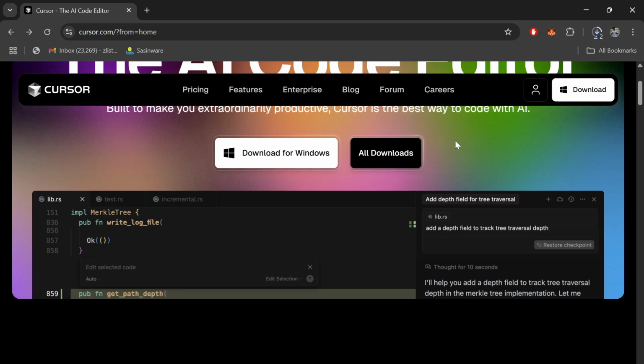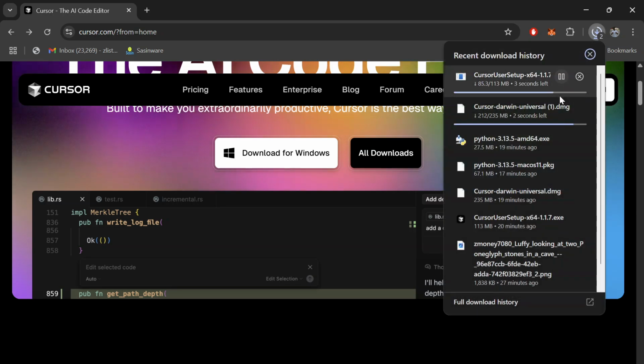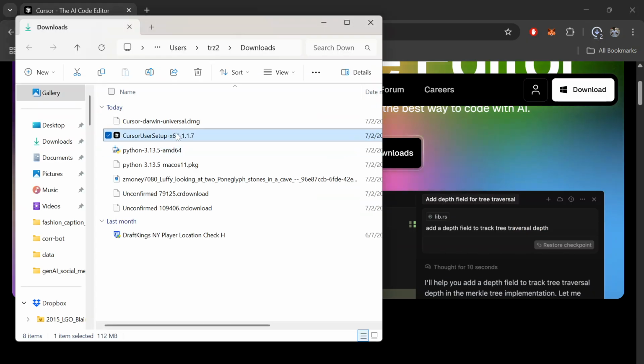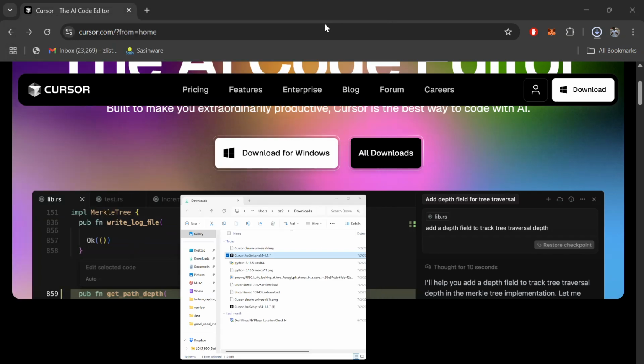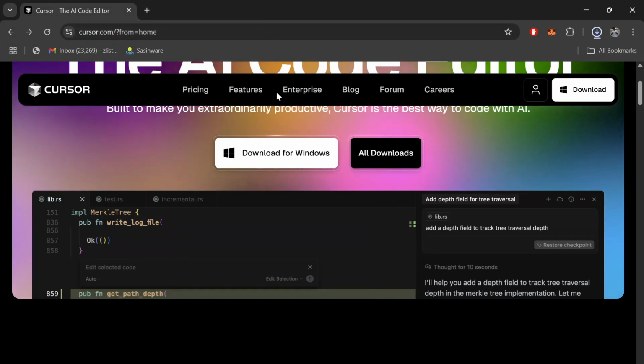Okay. So once you have it downloaded, just open it up and install the software. So I'll go to my download folder here. Pop this folder open. And yeah, here's my Cursor user setup. So go ahead and just double click that and it'll install Cursor on your computer. Okay. All right. So once you have Cursor installed, the next thing you need is the actual Python interpreter